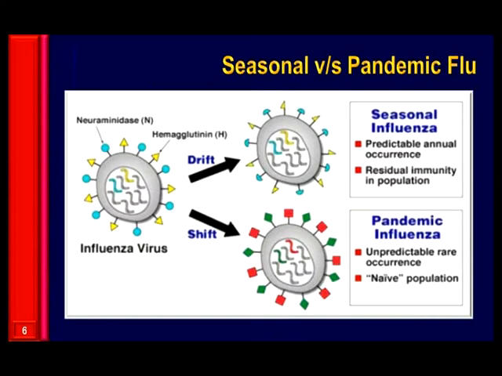Seasonal influenza virus has a predictable annual occurrence, and residual immunity in the population will be there. Whereas, if the virus undergoes drift or shift, a pandemic influenza like virus will develop, and it will have an unpredictable, rare occurrence, and it is new to the population. The population does not know what this virus is, so they are naive, and there is no residual immunity at all in the population. This is how the original influenza virus H1N1 is transformed into a more pathogenic pandemic type of